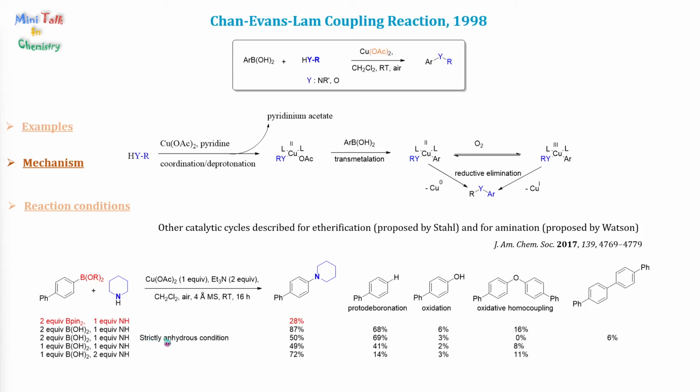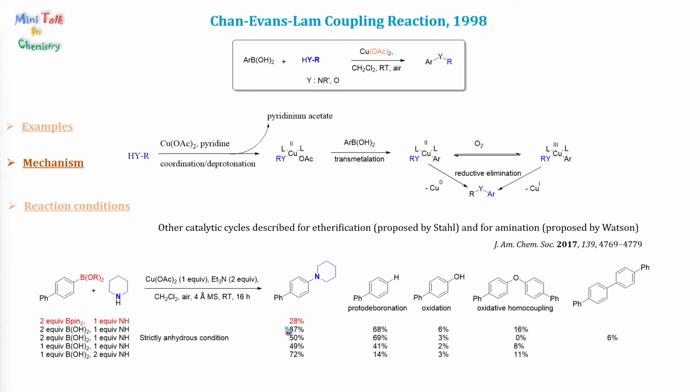Under especially dry conditions, the quantity of phenol and oxidative homocoupling can be lowered significantly, and homocoupling of the organoboron component can be observed, giving 6% of tetraphenyl. Changing the stoichiometric amount between boronic acid and amine was found to be effective in reducing the formation of side products and increasing the reaction yield. The cross-coupling reaction with aryl